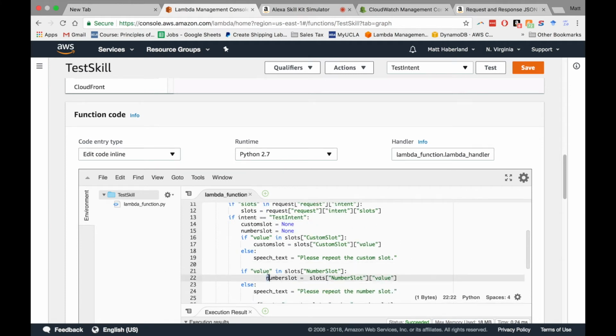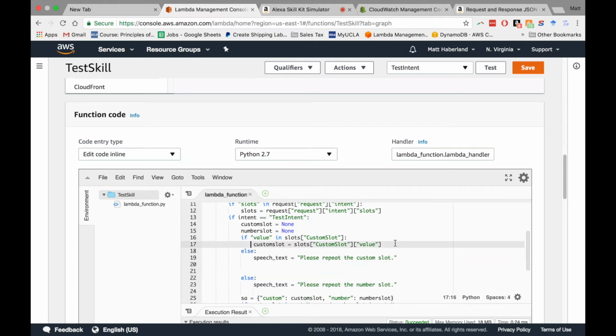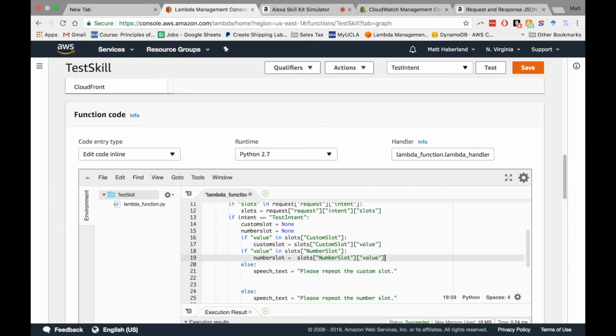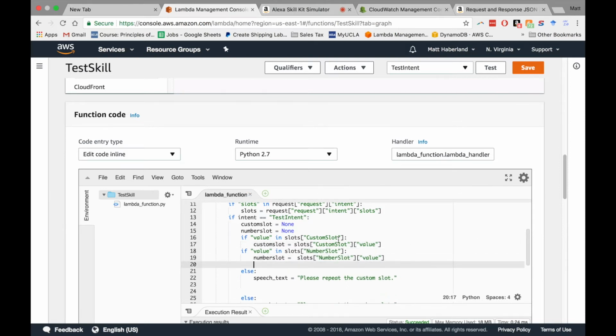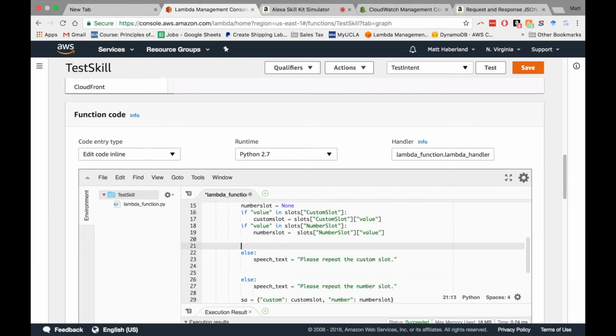All right. So first, maybe what I do, here we go. This is the right logic. Independently, if there is a value in the custom slot, then we're going to take that out. If there's a value in the number slot, we're going to take that out. All right. Now,